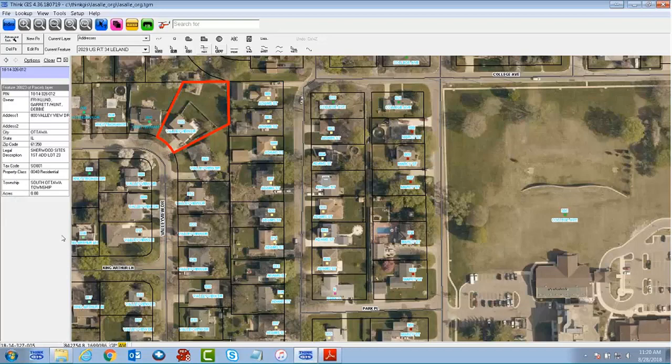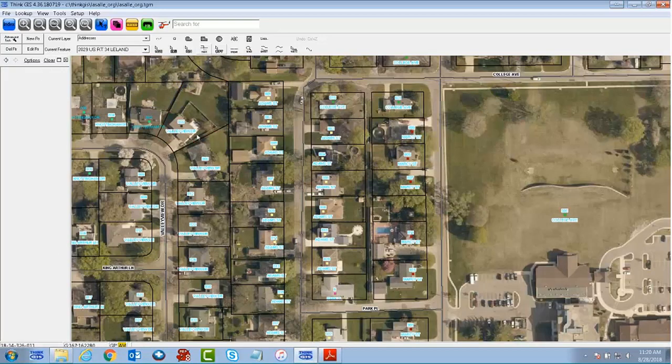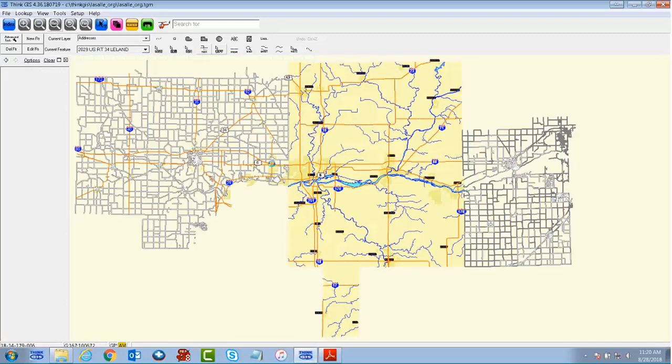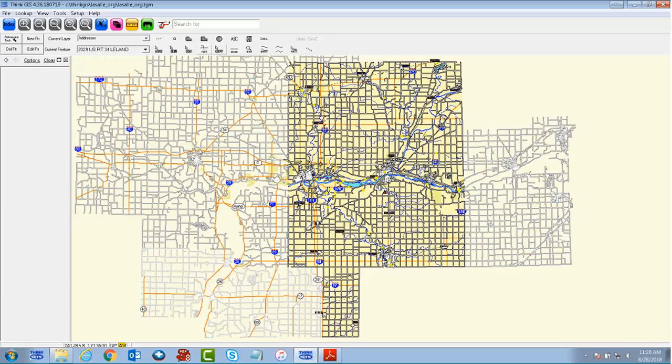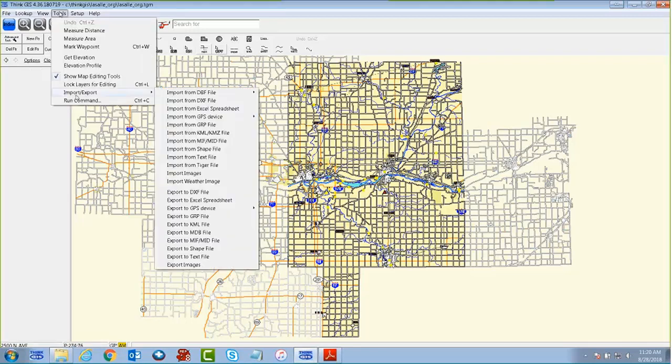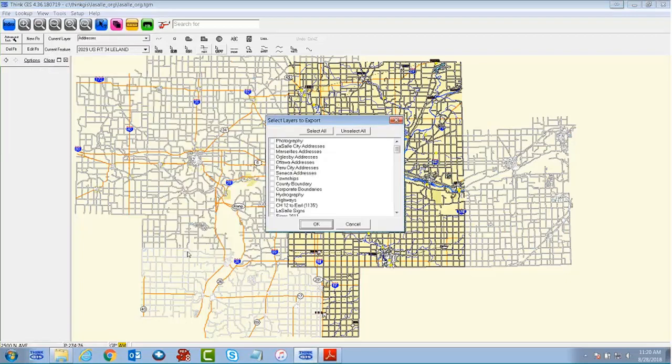When I want to get this information back out to somebody else, and this is probably the most common question we get when it comes to shapefiles. Hey, somebody's asking for data. I want to give it to them. How do I get that to them? And going into my tools again, import, export, and I'm going to export to a shapefile. And it's going to ask what layer or layers I want to export. So I'll say I want to export my addresses, my center lines, and